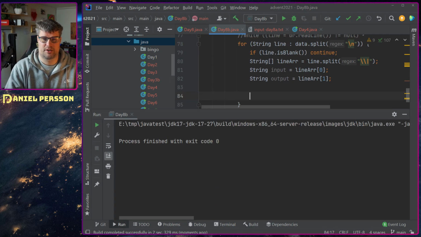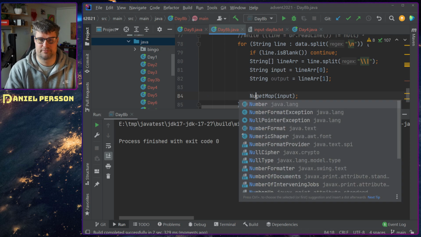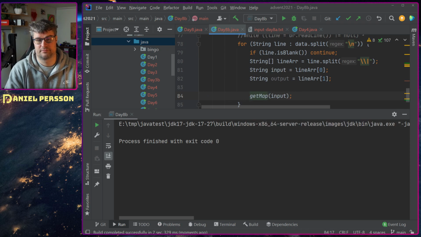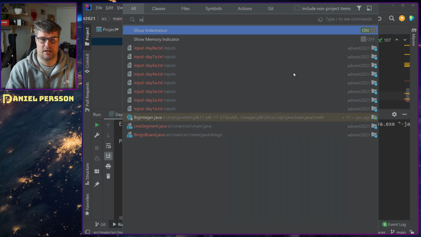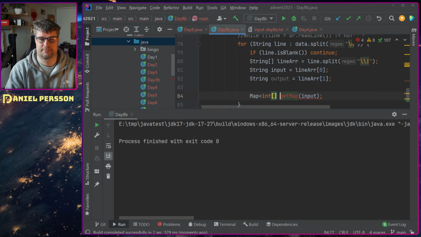And I also want to have get map input. Map int integer, like that, numbers,